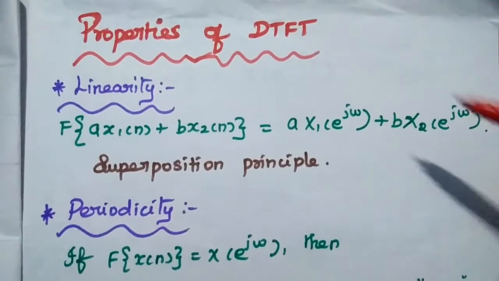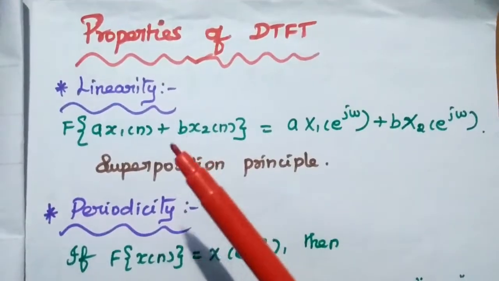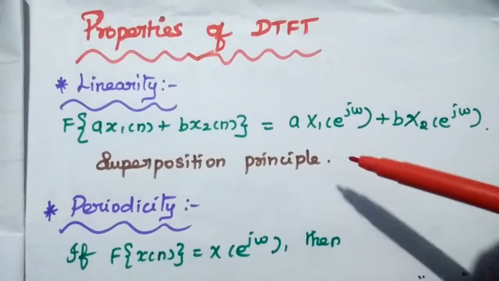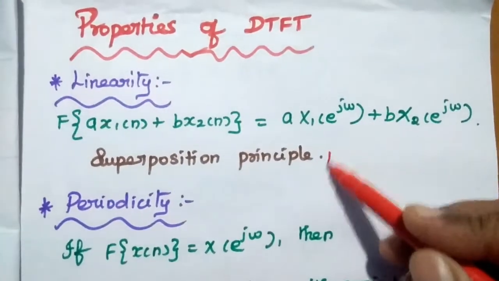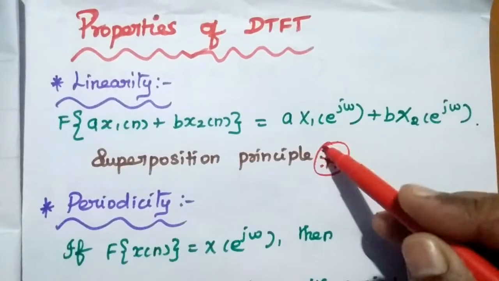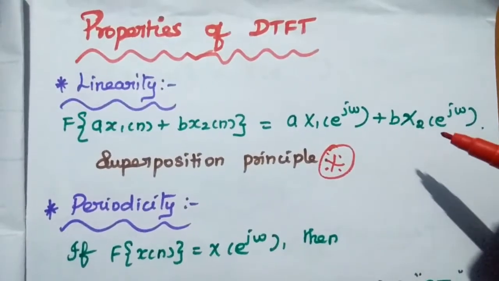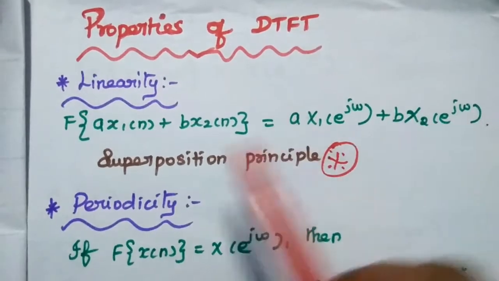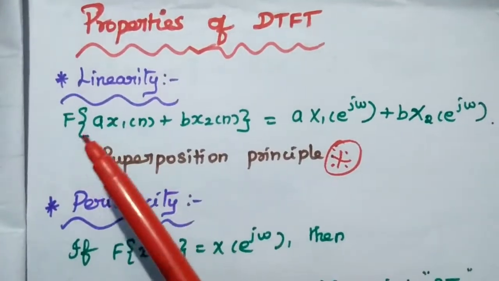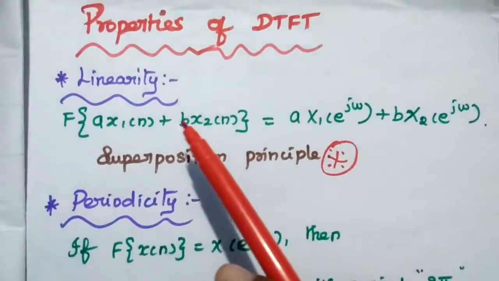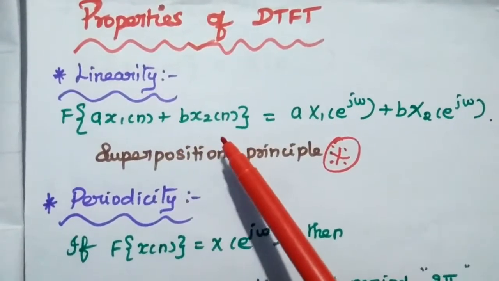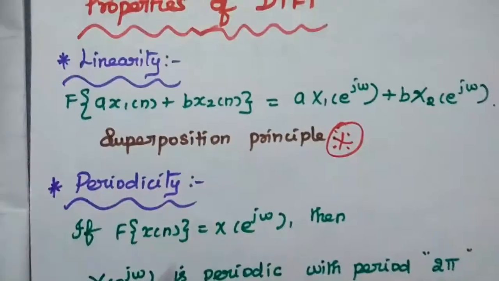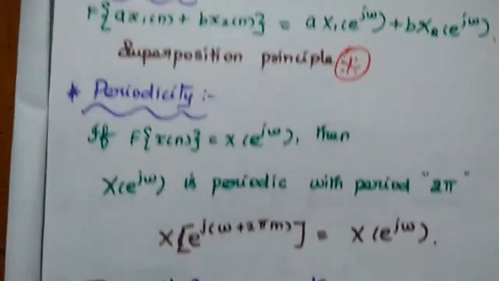Next, properties of the discrete time Fourier transform. The first one is the linearity property. The linearity property should satisfy the superposition principle. Okay, so this may be a question in MCQ, like what is meant by the linearity property, or which property the linearity satisfies. That is the superposition principle. The statement can be given like this: the Fourier transform of the sum of weighted signals in the time domain is equal to the sum of weighted transforms. Okay, this is the expression for linearity.